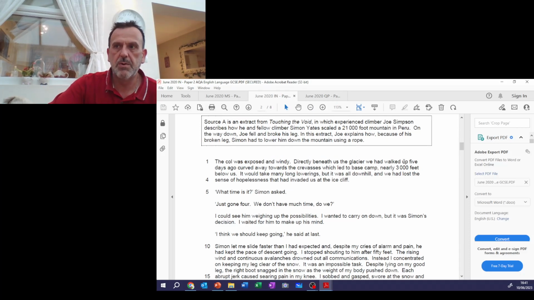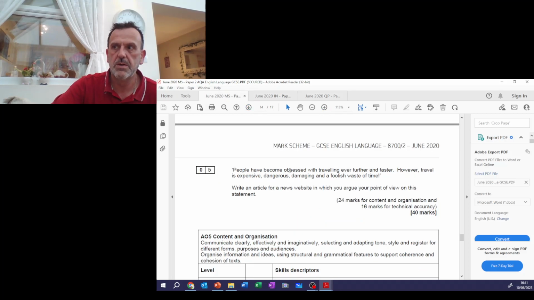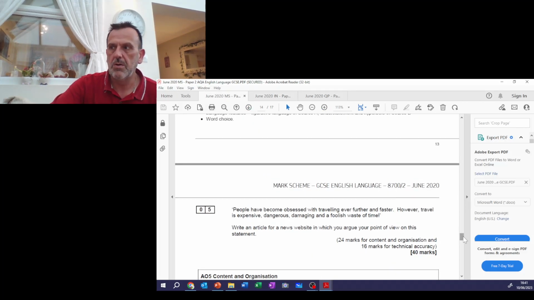Directly beneath a glacier we had walked up 5 days ago, curved away towards the crevices which led to base camp nearly 3,000 feet below us. So obviously, you know,